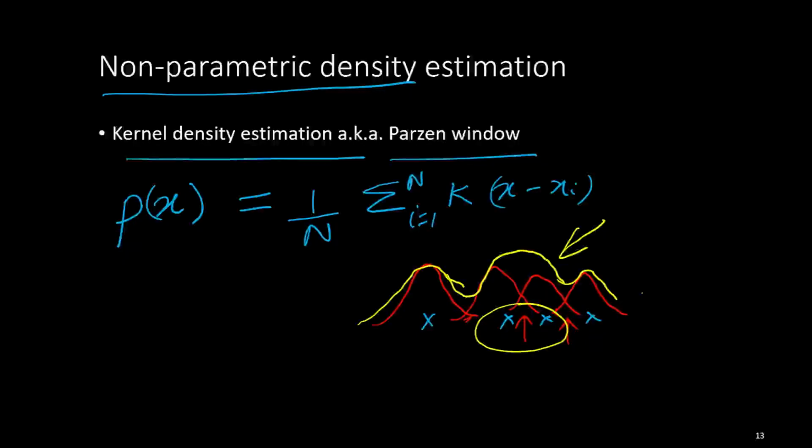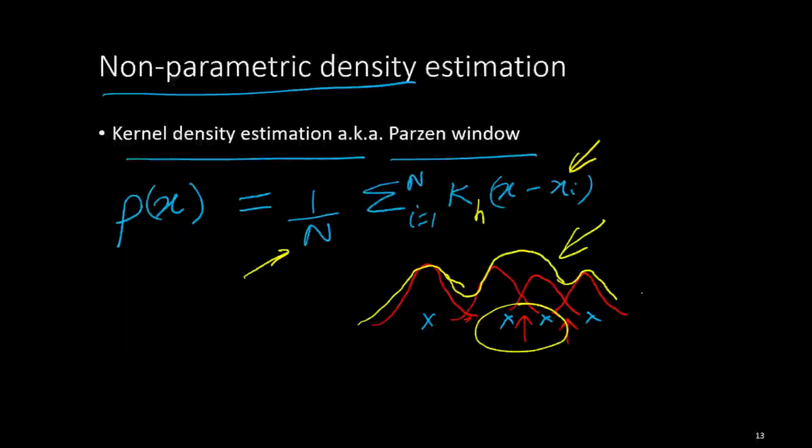Now the overall distribution is like a mixture of Gaussians, where the mixture has n components. But they all have the same sigma and only varying mu. The mu is sitting on top of each xi. The sigma is the same, and sigma is something like a hyperparameter. So I can say that there's a hyperparameter here, sigma, or h. I will call it h, the width of the window, and that is what we need to estimate.